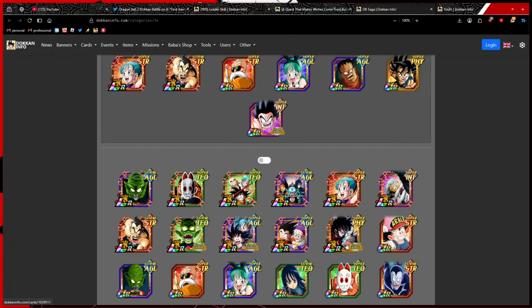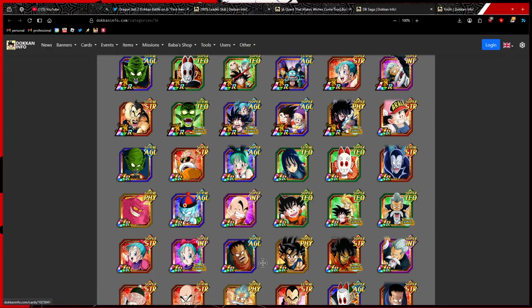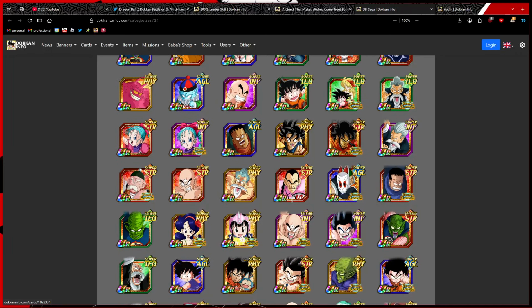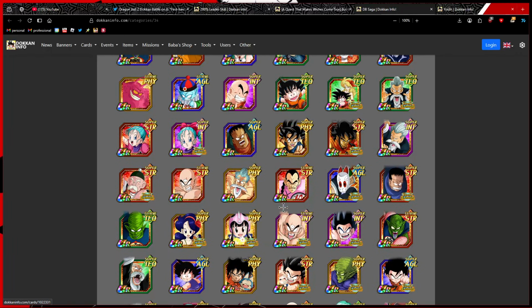It's not any of these 4 guys. There's an argument for Bulma. It's not him, it's not him, it's not these guys, it's not them. Path to Power Kid Goku maybe, but he's unrunnable until he gets his EZA, and even then there's a chance he remains unrunnable. And then before that, it's like,